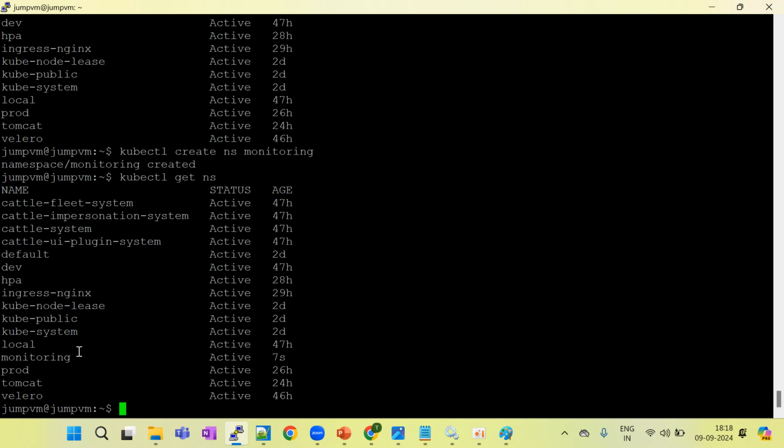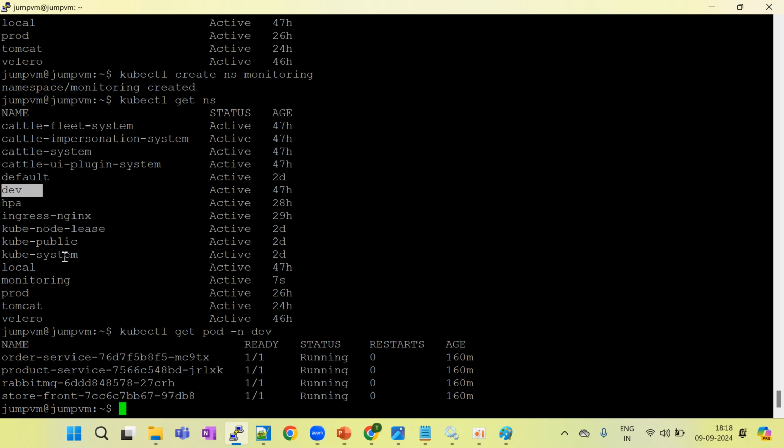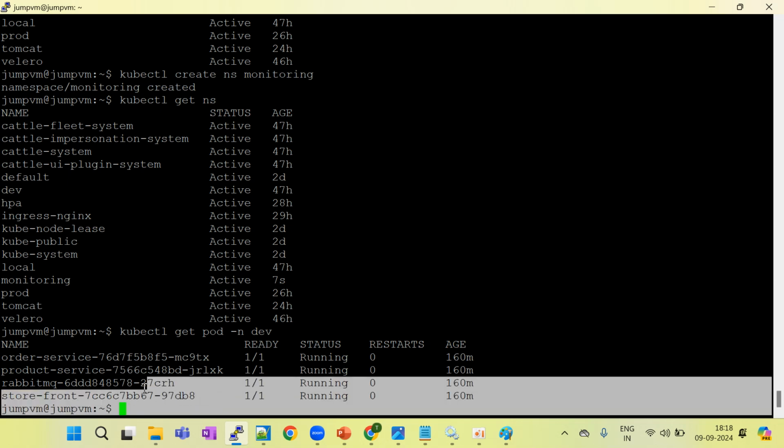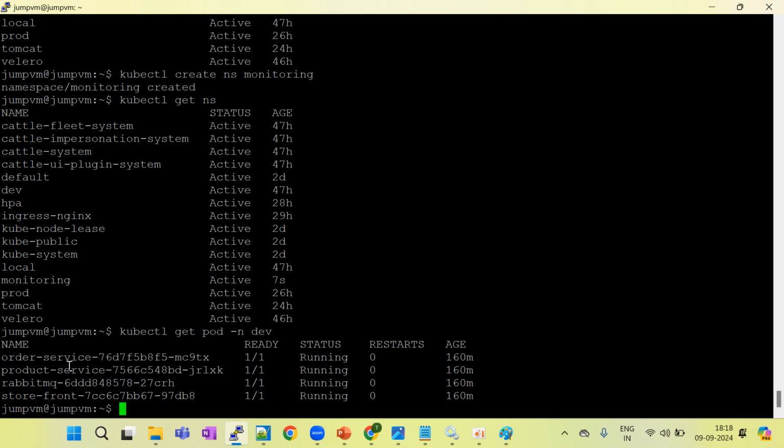In a single namespace you have to run your application. Here I'm using the dev namespace. If you see here, kubectl get pod -n dev, it will show the list of all the pods, all the applications inside this namespace. In this namespace we have four applications running. This is the e-commerce application. So I want to